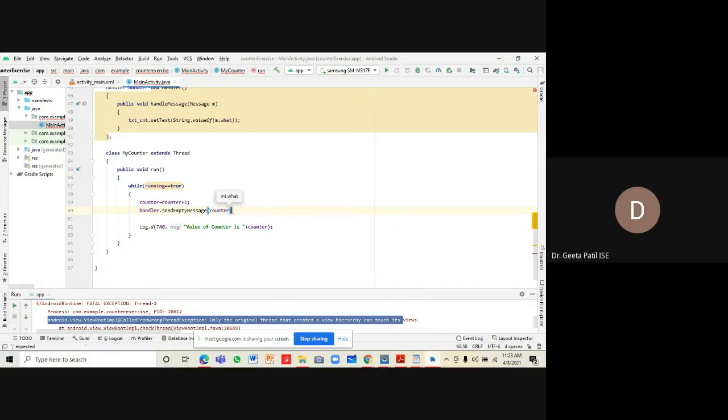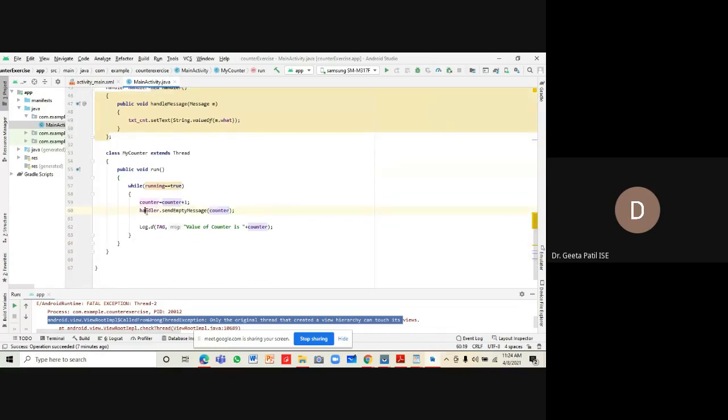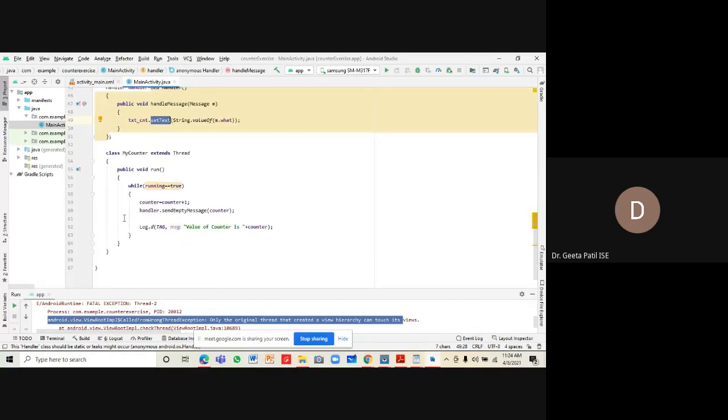We will be sending it, and then a colon. So the value of the counter is put in the message queue of the handler, and this message queue is checked periodically by the main thread. So the main thread is going to check the content of the message queue, and it is going to set the text of the label.